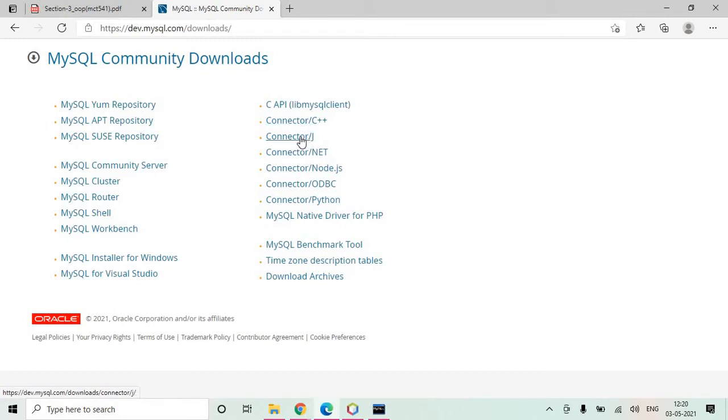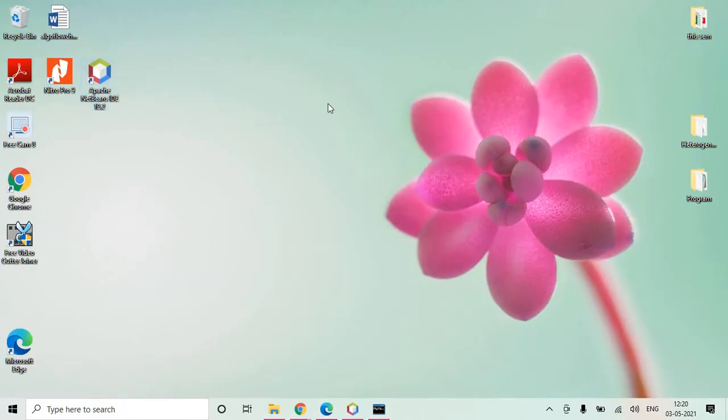Since I have already downloaded it: when you click on connector/J, it will ask you to download. It is a small file of say 2 to 4 MB. After downloading you unzip that file and place it in one particular folder.